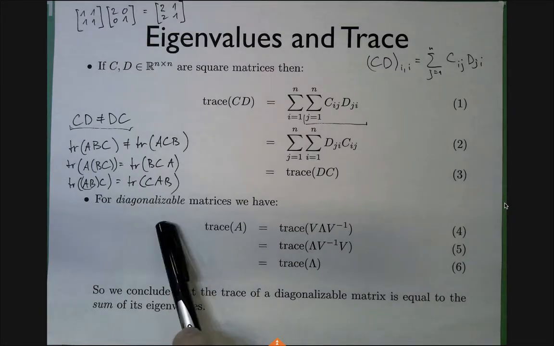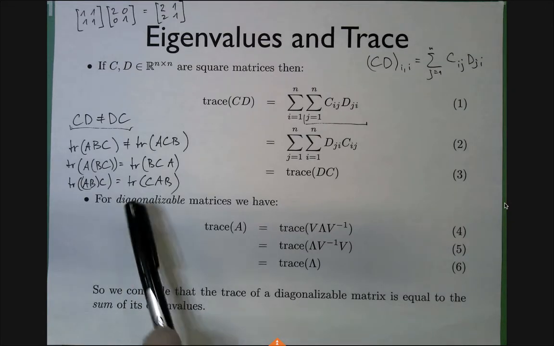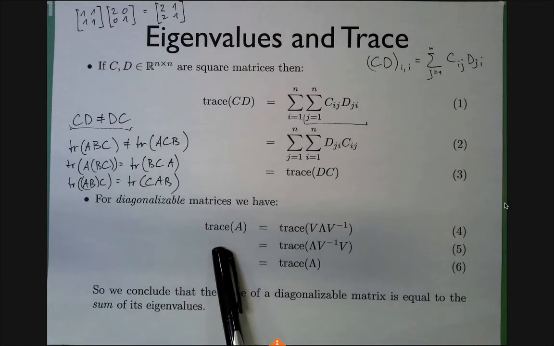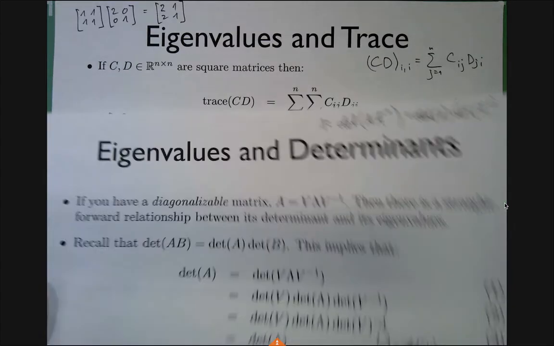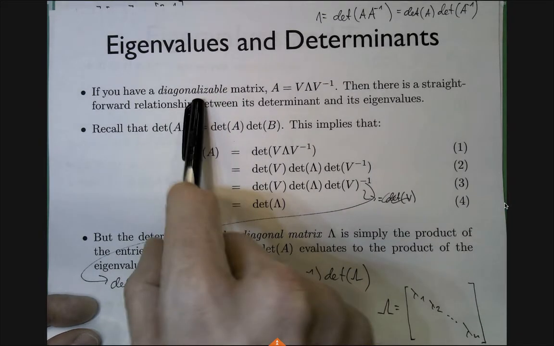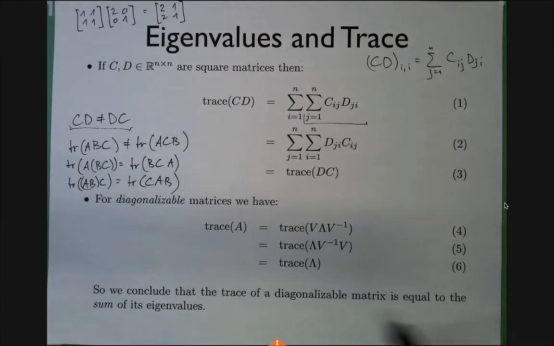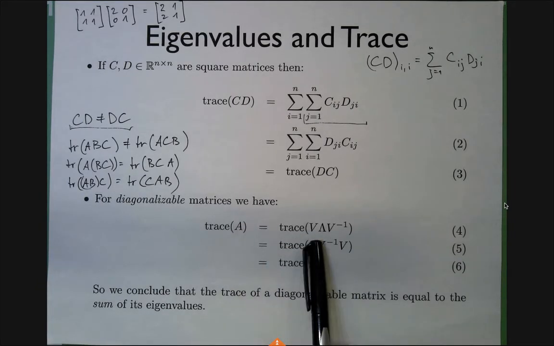Okay, and my final point about traces is how does it relate to eigenvalues, because we are now talking about eigenvalues. And there's a very cool relationship between the trace and eigenvalues if we have a diagonalizable matrix. Similar to the case I discussed before, the determinant for a diagonalizable matrix is the product of eigenvalues. And if I have a diagonalizable matrix and I take the trace of it, I'm taking the trace